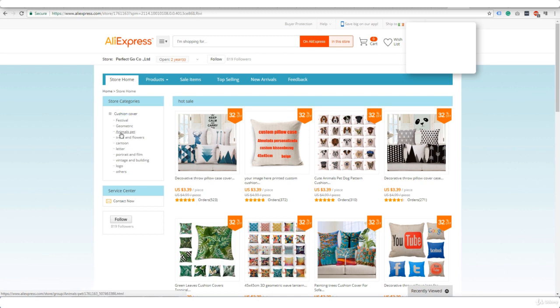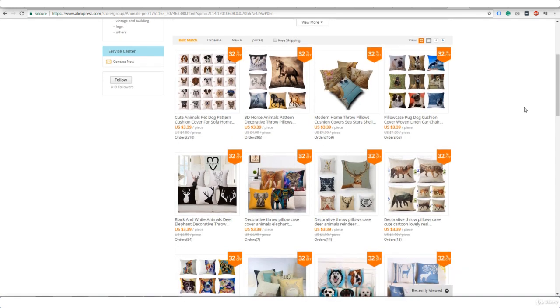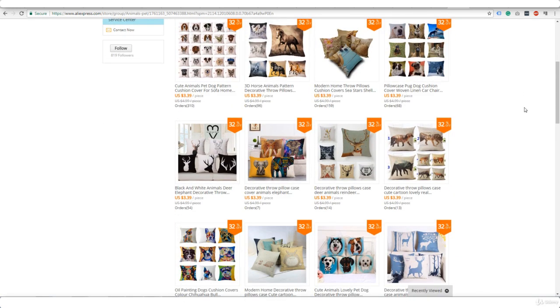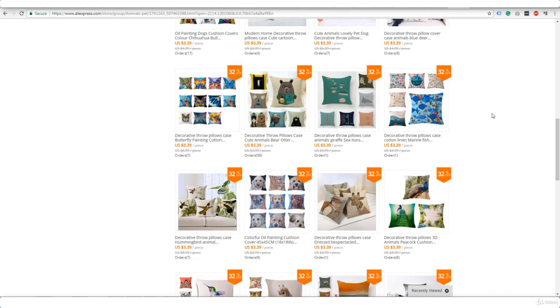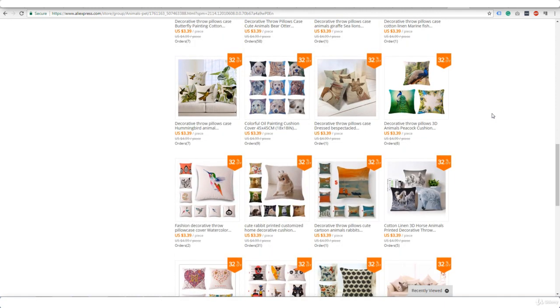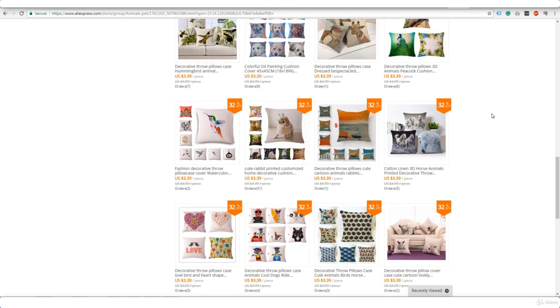Let me go ahead and click on animals. Okay, so I can see that this seller has a lot more than just dog breeds of cushion cover designs. We can see here there are ocean designs, which are always really popular. Here we've got elephants, we've got deer, we've got bears, wolves, foxes. So we've got a lot of stuff here. So I know that if I order a sample from this supplier and I like the sample, I'm going to be able to order further products from this supplier because I'm going to be able to get the kind of